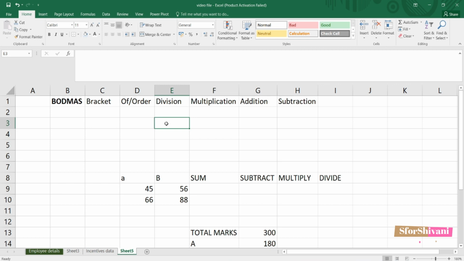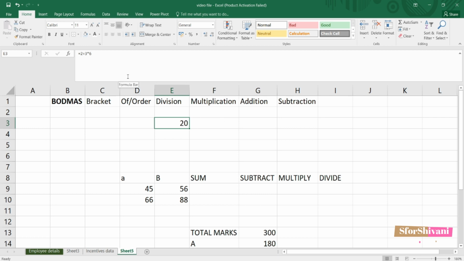If you are typing an equation, let's say equal to 2 plus 3, for multiplication we have asterisk, 6. Press enter. The answer is 20, because Excel by default assumes that it will multiply 3 and 6 first, which will give 18, and then add 2 because addition comes after multiplication, and the answer is 20.